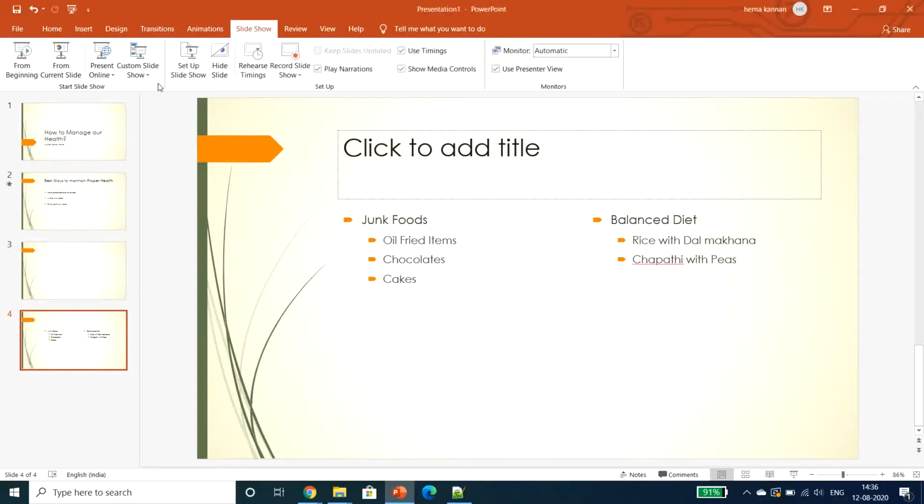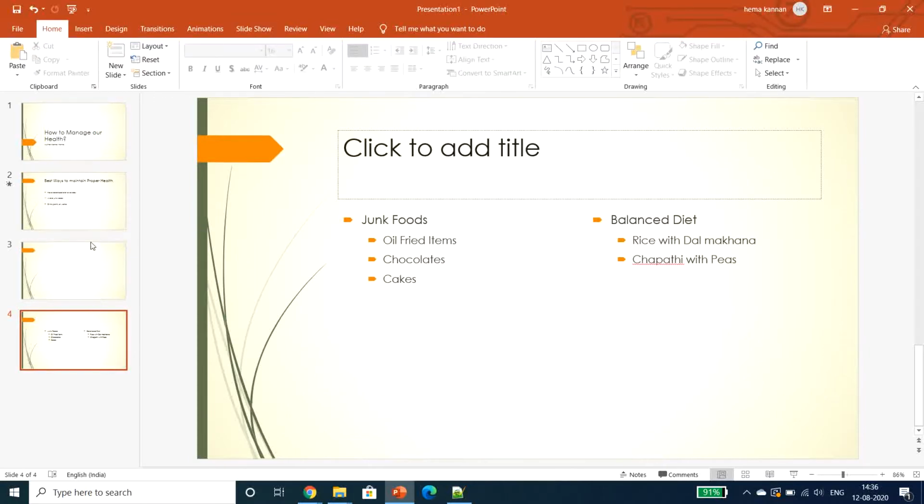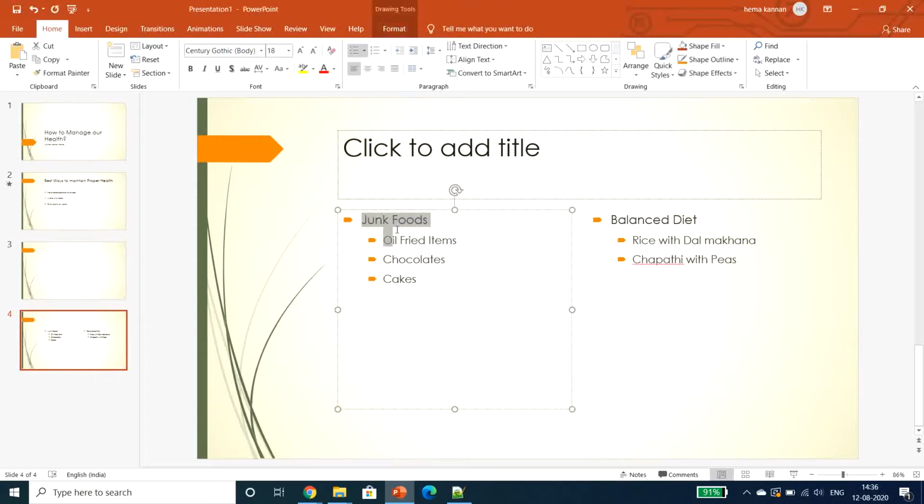Once that is done, our draft version is done, and you can also include any more new slides for further representation, and you can do any customization using this home tab. But one thing, whatever you need, we need to just select it, and after selecting, these options will be enabled, and we can do the modification.